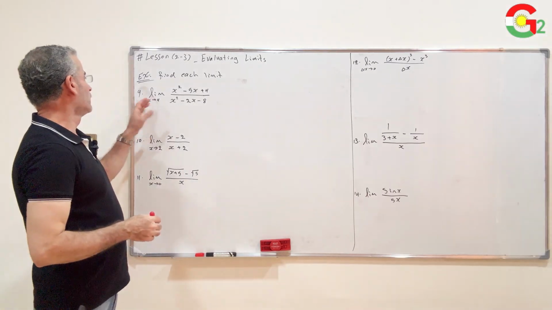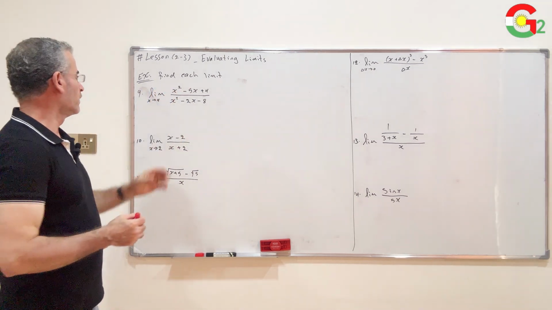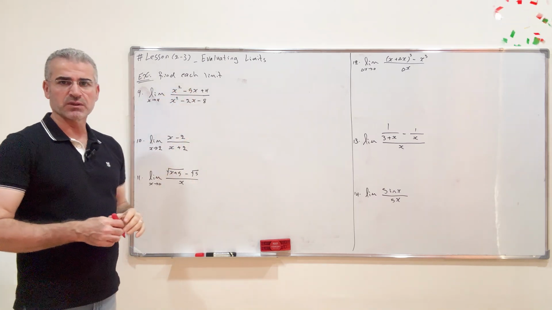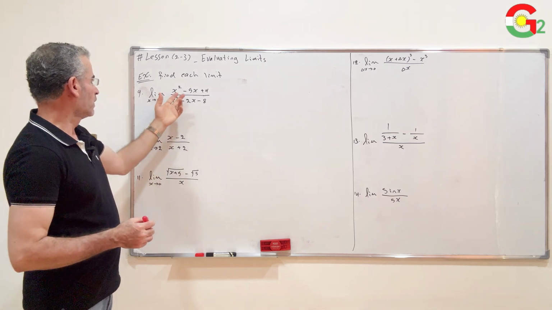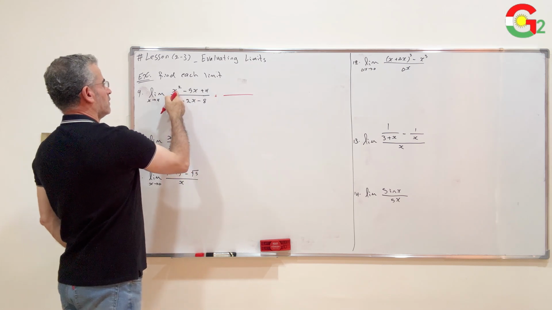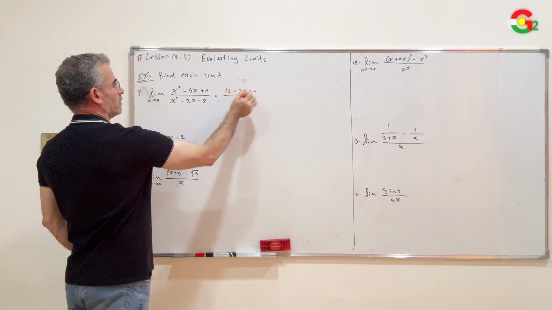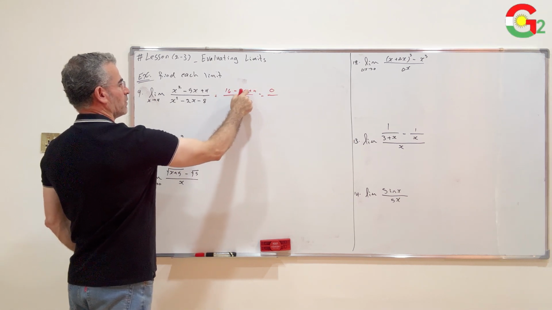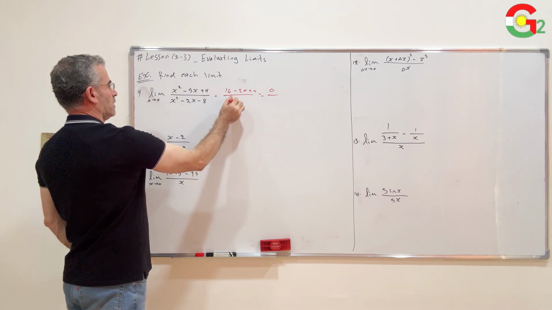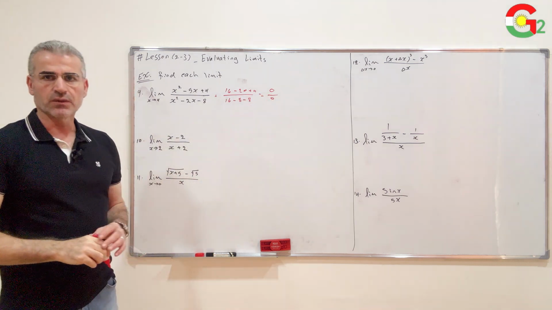Question number 9. Find the limit of the function x to the power 2 minus 5x plus 4 over x to the power 2 minus 2x minus 8 when x approaches 4. If we substitute directly every x with 4, the answer will be 0 over 0, as you see. 4 to the power 2, 16, minus 5 times 4, 20, plus 4, it is 0. 16 minus 20 plus 4, 0, over 4 to the power 2, 16, minus 2 times 4, 8, minus 8,